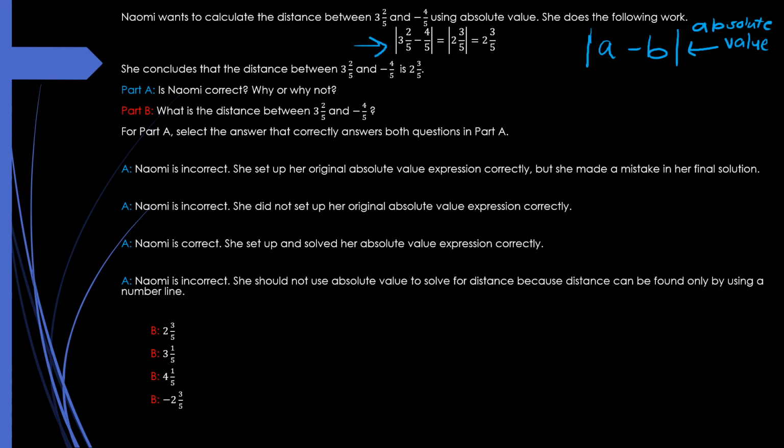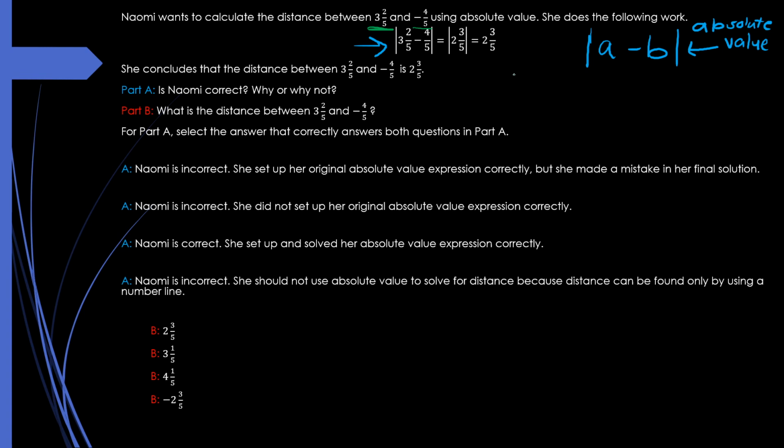And she says that the distance between those two numbers is 2 and 2/3. Is she correct? Why or why not? Well, this is where you have to be extra careful. Okay, I'm going to take those two numbers that I have at the beginning, this 3 and 2/5 and